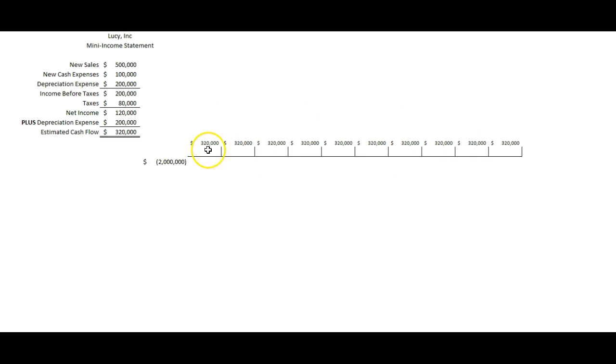What rate should we use? What discount rate should we use? What we should use is our weighted average cost of capital. How much does our money cost us on the right-hand side of the balance sheet? And that's the interest rate we'll use to find the present value of these future cash flows. Okay, half our money comes from debt. Remember, our company is capitalized 50% debt, 50% equity. Our debt costs us 3.33% before tax.